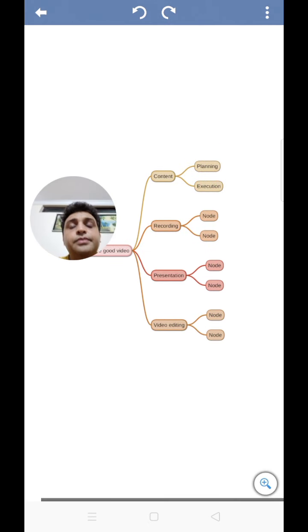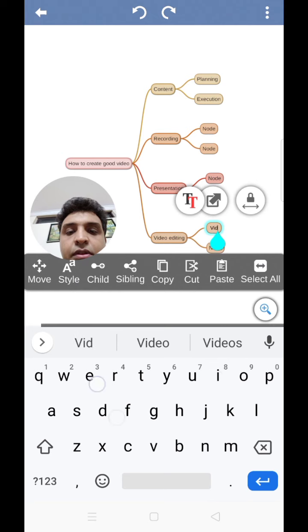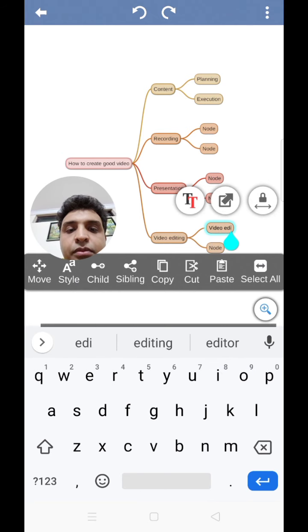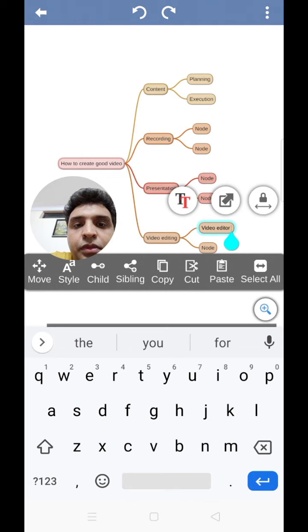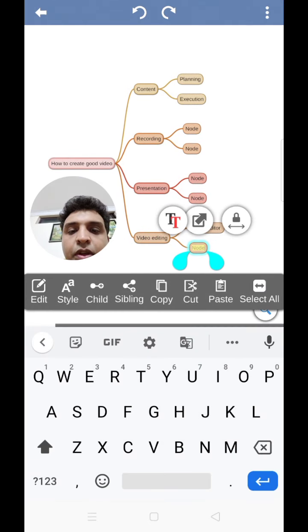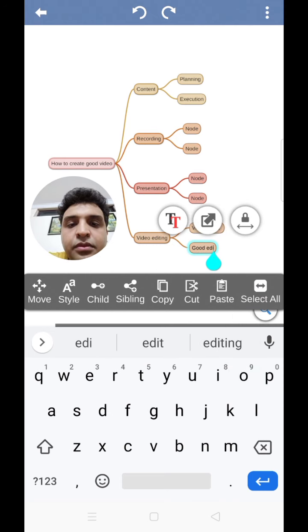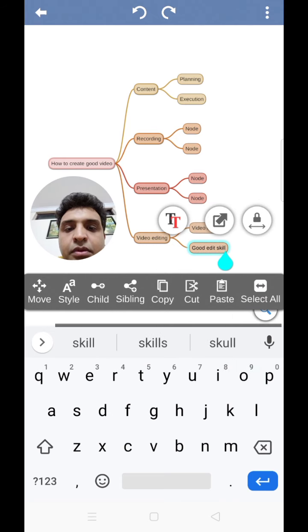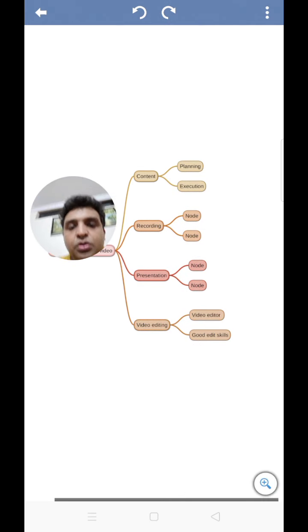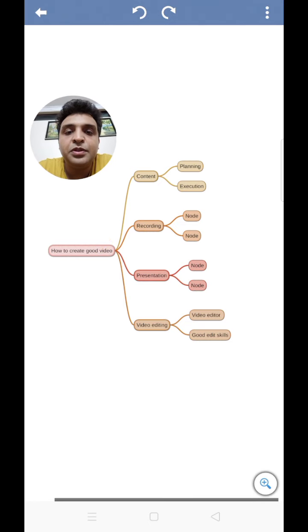Okay, and we also need video editor, and then click on pencil again, and good skills of editing. I'm just giving an example here, so do not take anything word by word. It's just to show you how a mind map is made.